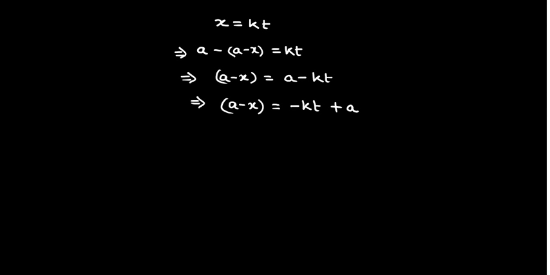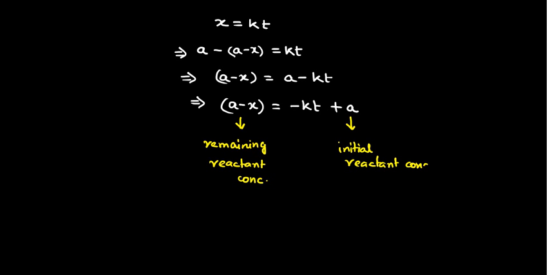That means here A minus X represents the remaining reactant concentration. A represents the initial concentration of the reactant. Now, if we are going to go for a plot of